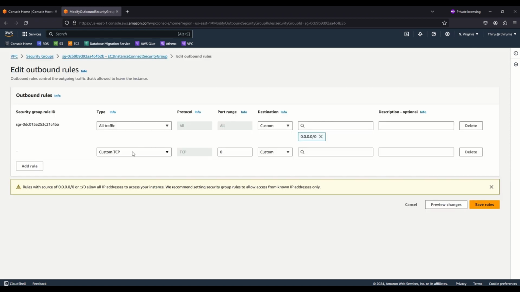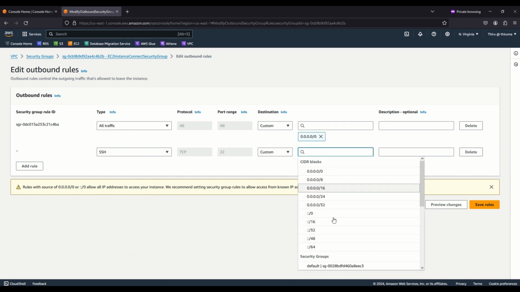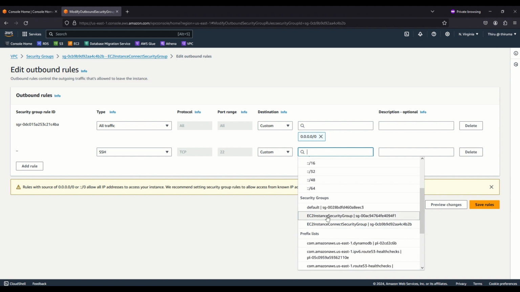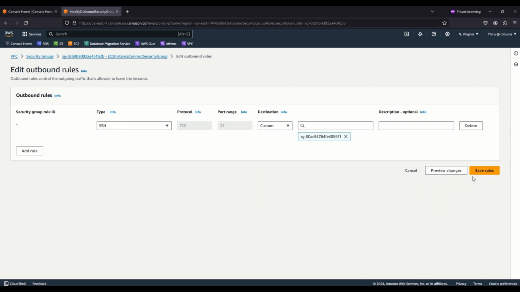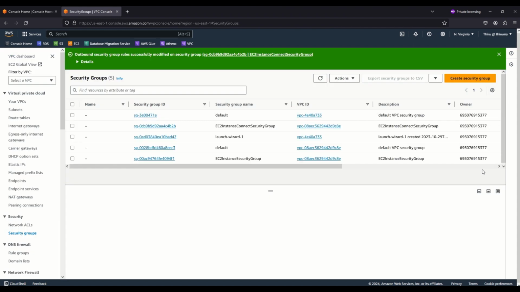I'm going to add a rule. I'm just going to set it to SSH, and it's the custom one. I'm going to select the EC2 instance security group. So we are allowing SSH connection to any instances that are assigned to this EC2 instance security group. We'll create a new EC2 instance and then assign the EC2 instance security group to that. So we will have SSH permission here. I'm going to delete the default one, save the rule here, and next let's go ahead and modify